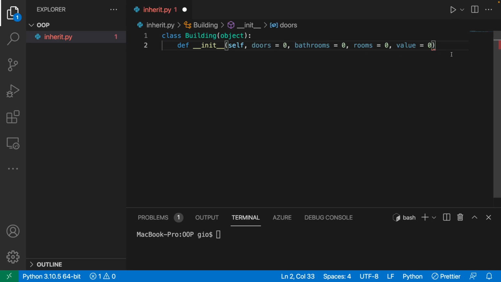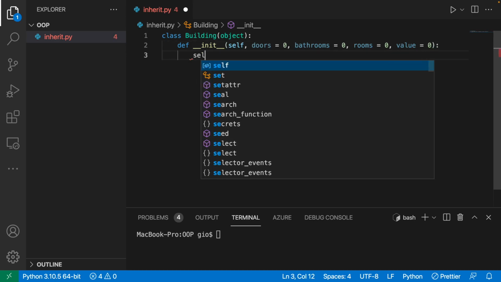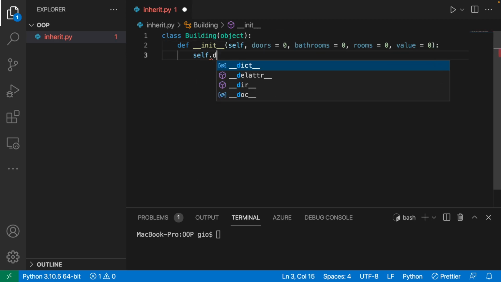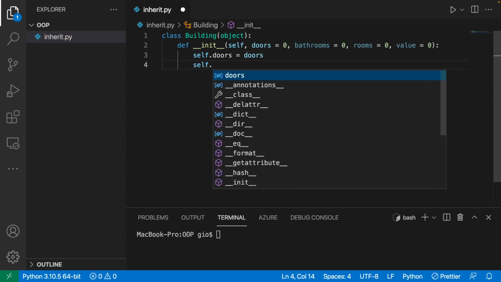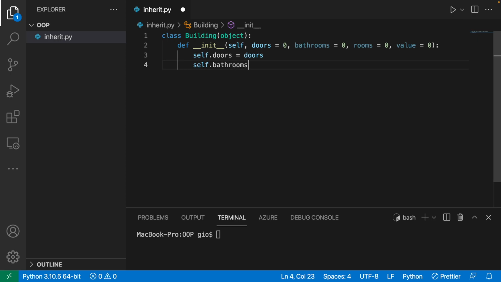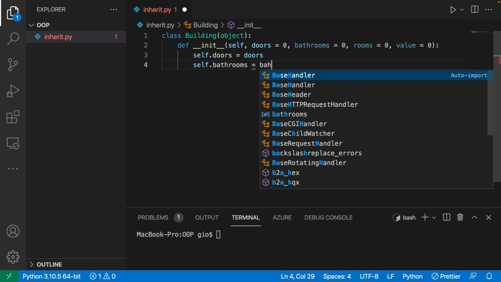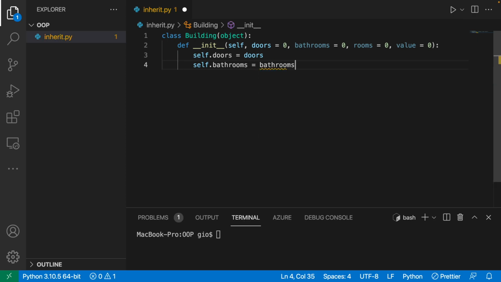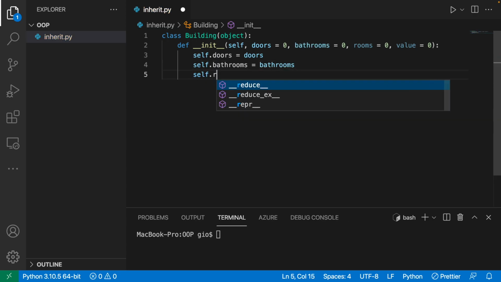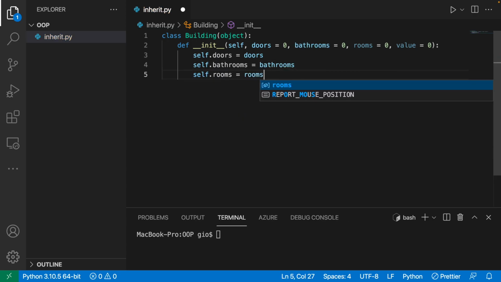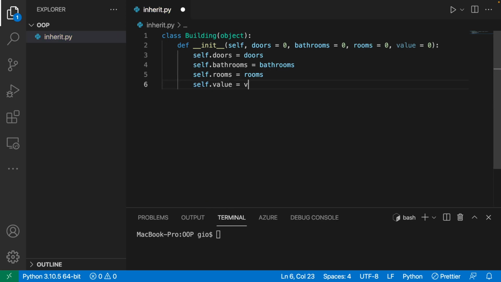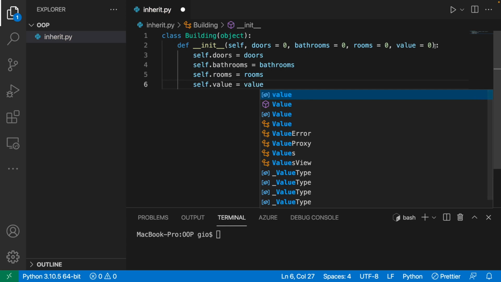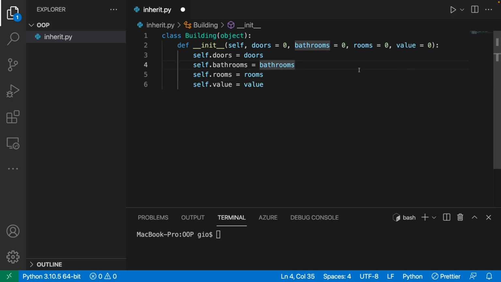And then I'll assign those values using self.doors is equal to doors, self.bathrooms is equal to bathrooms, and self.rooms is equal to rooms, and lastly self.value is equal to value. So cool, now we have some attributes that define a building: the amount of doors, the amount of bathrooms, the amount of generic rooms,